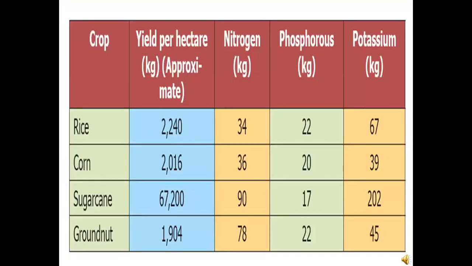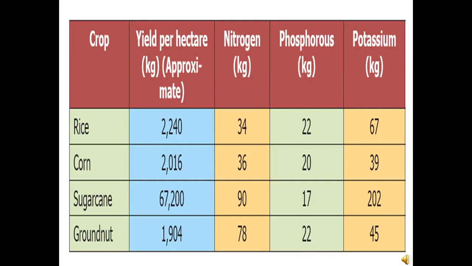Next, the table below depicts the quantity of elements absorbed by certain common plants. Fertilizer. Nitrogen, phosphorus and potassium are the three important nutrients among the various nutrients needed for the growth of plants. These three are called the principal nutrients: nitrogen, phosphorus and potassium. The given table shows the quantity of elements absorbed by certain common plants.